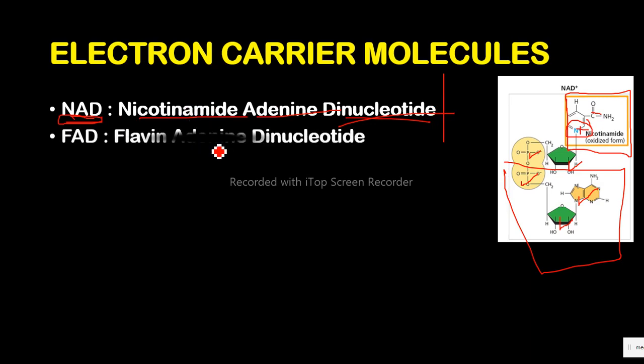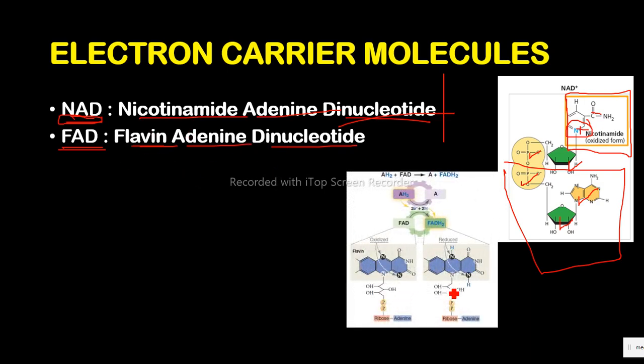So that is your NAD. Then you have another one, the FAD, or you can name it as flavin adenine dinucleotide. Now this is derived from a vitamin. You can see this is a molecule that has hydrogen, so it is oxidized into this, and the FAD is reduced. However, nobody is going to task you to describe the structures of this, but you need